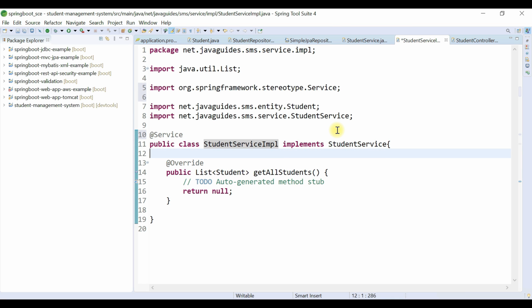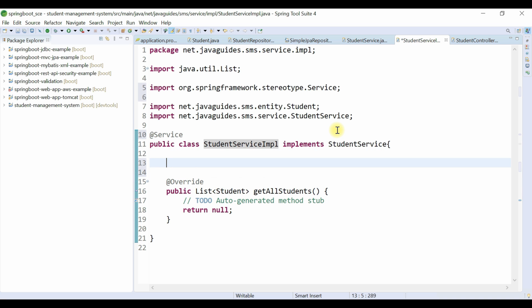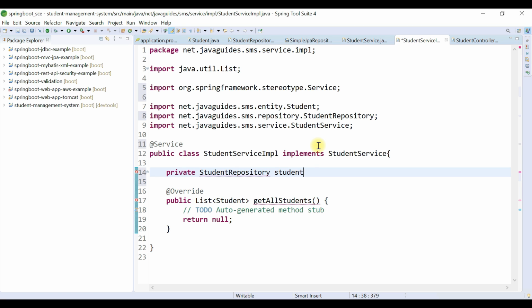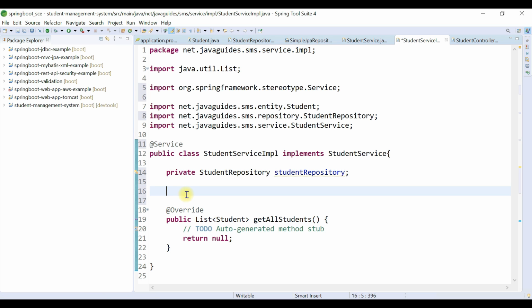Alright, and we are going to also inject the dependency here. So we are going to use constructor based dependency injection to inject the dependencies. So we are going to use StudentRepository here. Okay, so as we are using constructor based dependency injection, let's go ahead and create a constructor here.